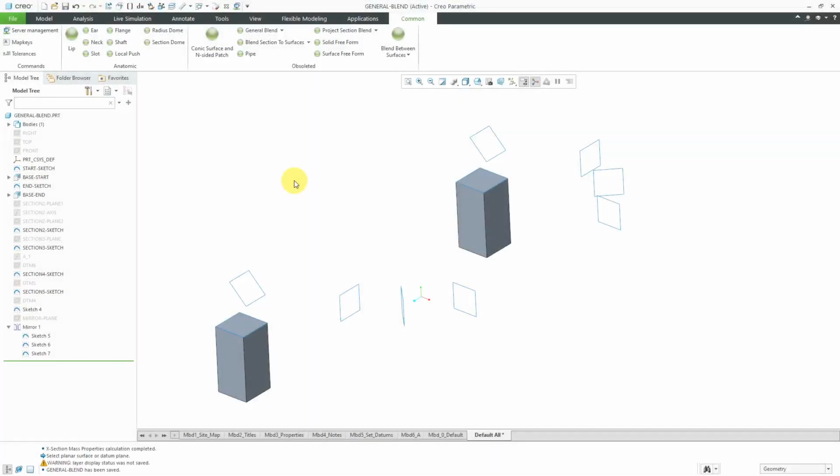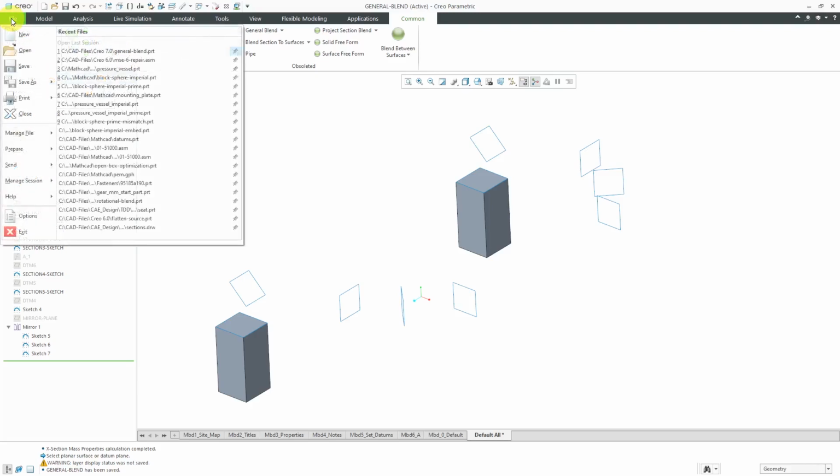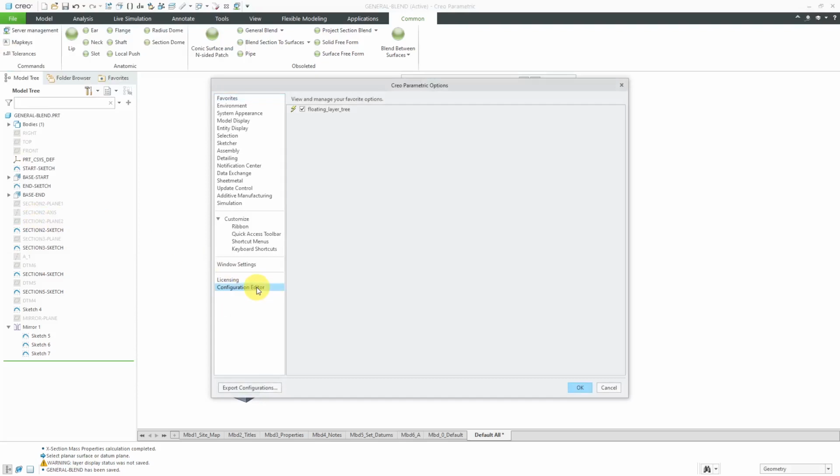Hey everyone, another self-isolation bonus video where we're going to the past, taking a look at those old commands from the 1980s and 1990s in Pro Engineer. In this video, we will be taking a look at the general blend command, and this is one of the obsoleted features. If you want to access this command in the interface, you have to go to File, Options, Configuration